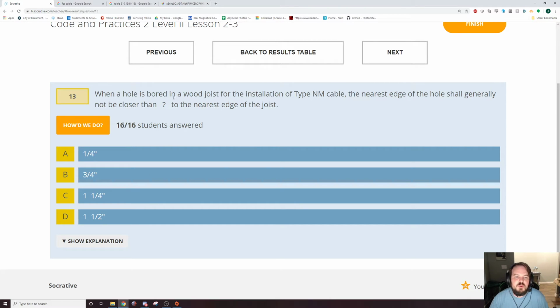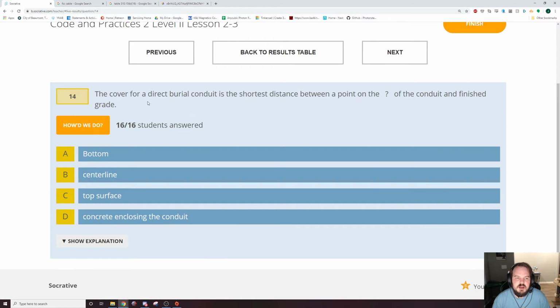When a hole is bored in a wood joist for the installation of type NM cable, the nearest edge of the hole shall generally not be closer than blank to the nearest edge of the joist. That's going to be in the exact same spot as the last one. The cover for direct burial conduit is shown as... So that is the note. Hang on. That's going to be the note of the 300.5 table that we've kind of talked about already. But direct burial stuff,